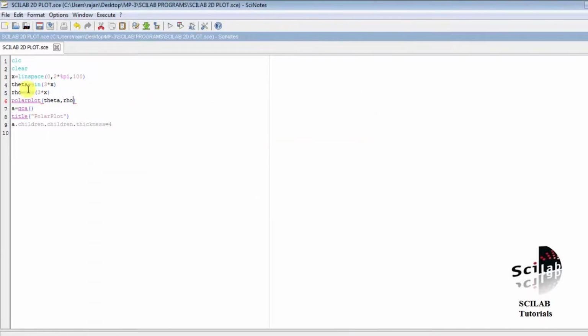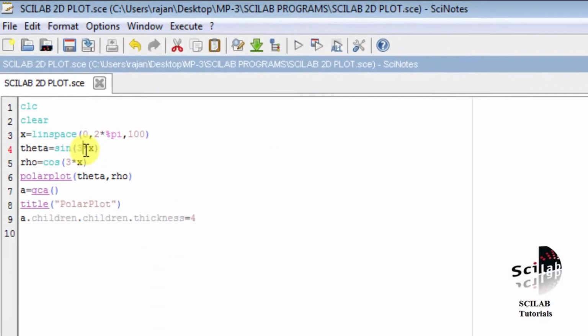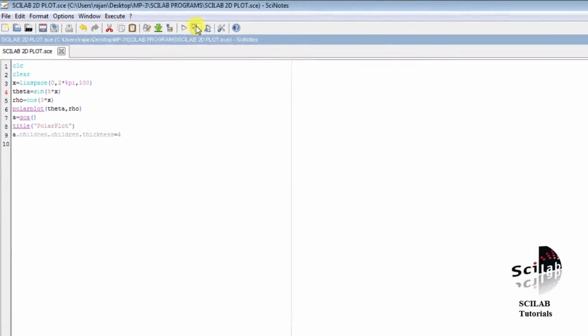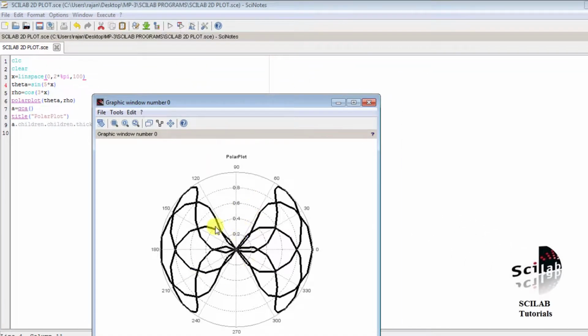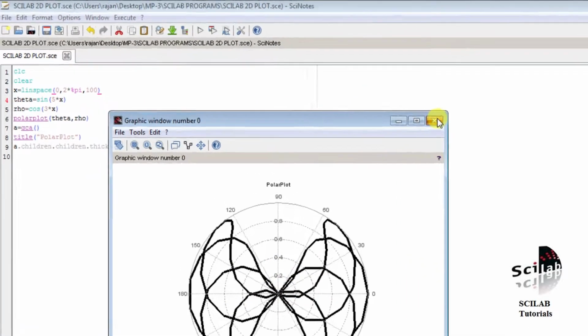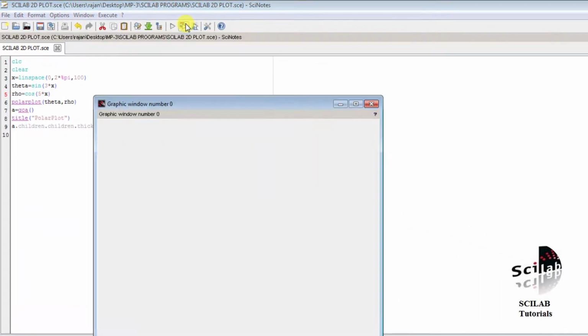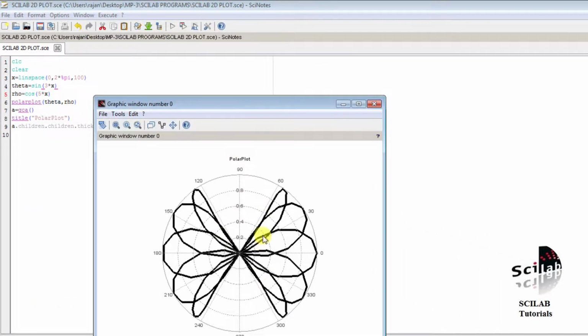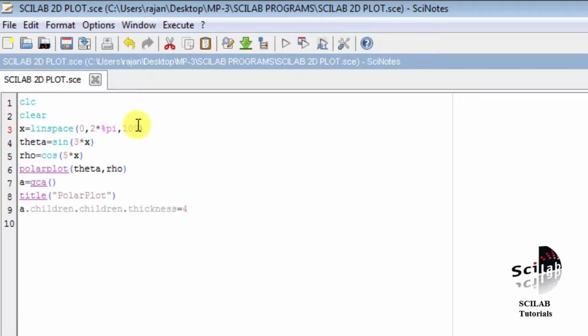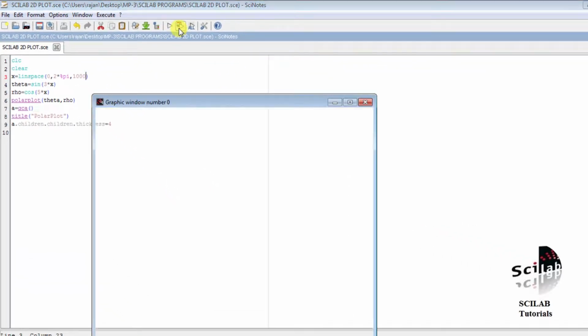Now let us change this 3. Let us mark this as 5, and again let us plot. There will be a change in the values. Now let us keep this as 3 only and mark this as 5, and again we will plot. We can see this is what I am getting, and this graph clearly shows that the number of data points, which is 100, is very less, and that's why we are getting a discrete type graph. Continuity is not that much there, so we will increase the number of data points from 100 to 1000, so we will get a continuous plot.